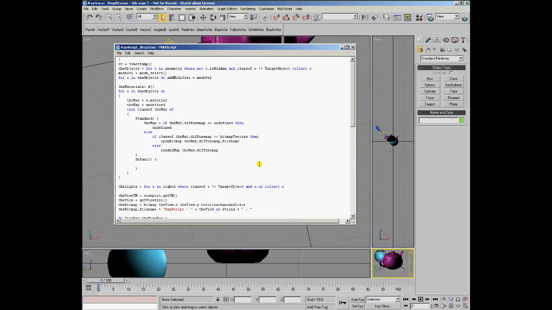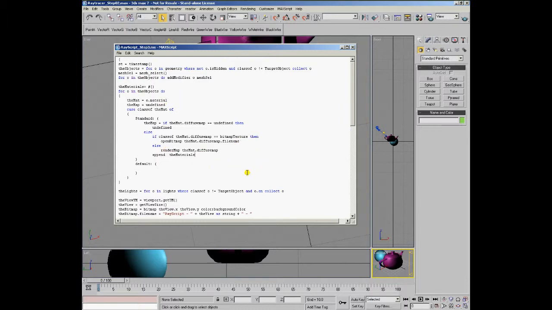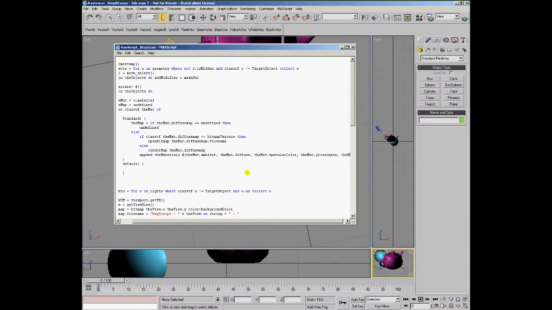After performing those checks, we're going to append to the materials array a new subarray, which will contain the material's ambient color, the material's diffuse color, the material's specular color, the material's glossiness, the material